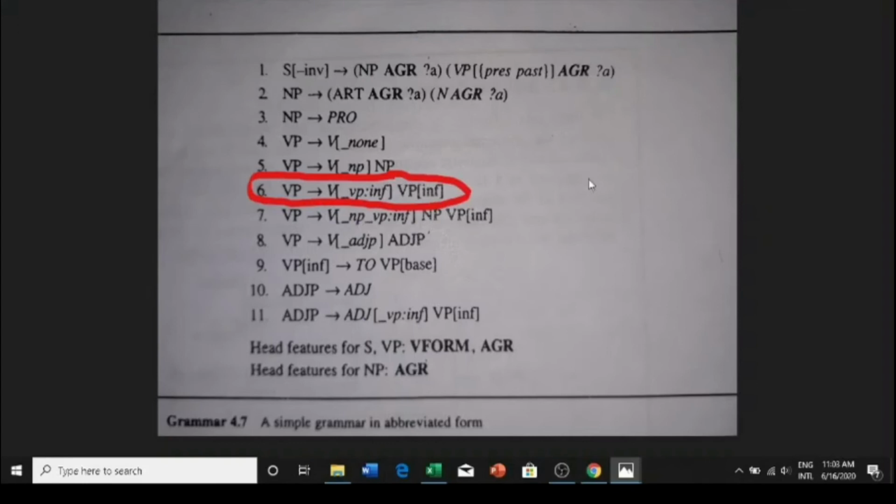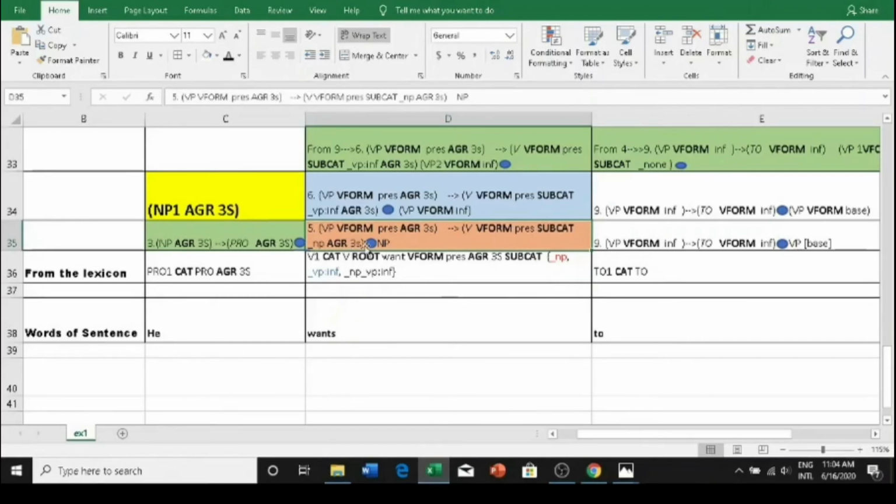Okay, this rule. So let us analyze this rule before we use that rule. So in this rule, the mother is VP on the left. Then what is the head constituent? The head constituent is this verb, right? This verb on the right. So what all things will they share? They will share these two features, vform and agr. Again, vform and agr are not written there explicitly, so we have to understand that instantiation of this verb on the right with the vform and agr will also create similar values on the left. Okay, so we are going to use this rule anyway. So we are actually stopping our proceedings with rule number 5, and we are going to use rule number 6.